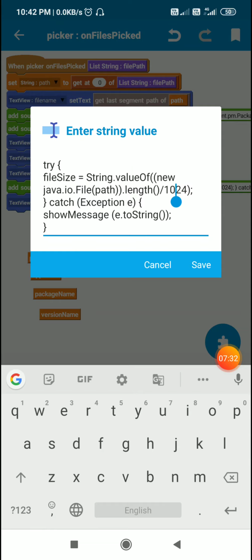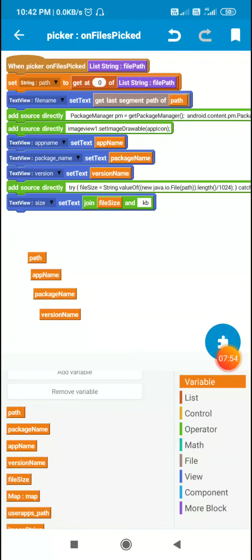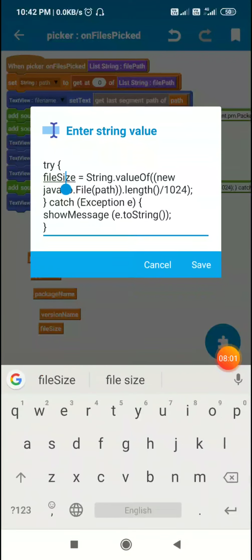So this will convert this path to a file, get its length in bytes, then divide it by 1024 to get the length in kilobytes or KBs, and I convert it to string by writing string dot value of. So the file size in KBs will be this file size, and for this also I created a string variable called file size, and here I set this file size to string dot value of new java.io.file path dot length